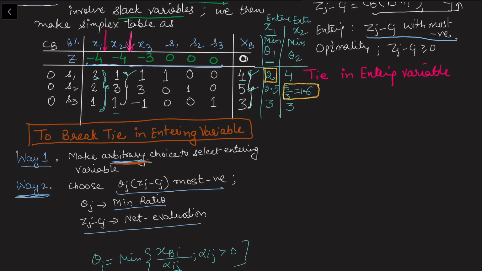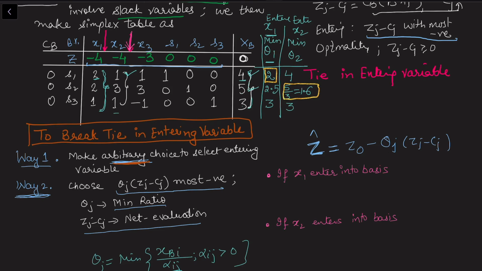Now we noticed in my last video that if z hat is the next improved value, z naught is the current value, then z hat equals z naught minus theta j into zj minus cj. Theta j is never a negative quantity, this is a minimum ratio, so it is always positive, or it may be 0 sometimes, but it's never negative. So it's a non-negative quantity, and we enter the most negative if the problem is maximization, so that the negative sign that we see here improves the value, and we store that value in z hat, and this is our previous value. So now let us see this by the formula.